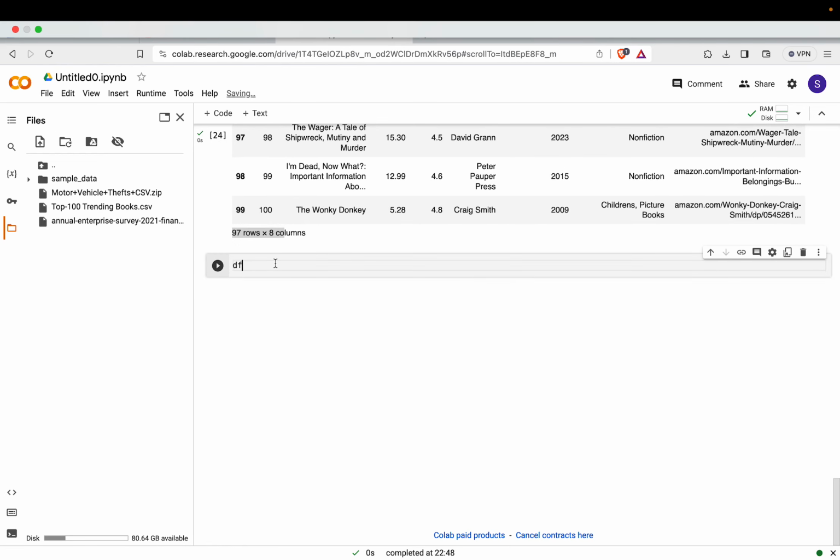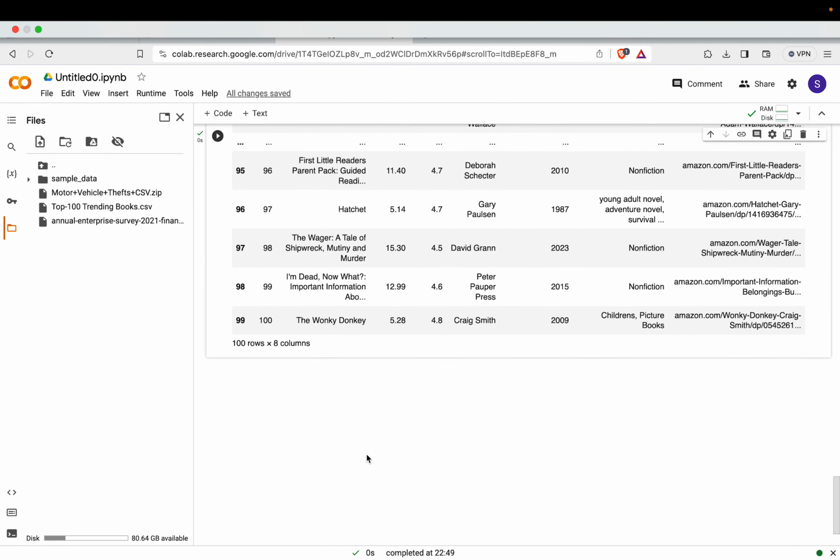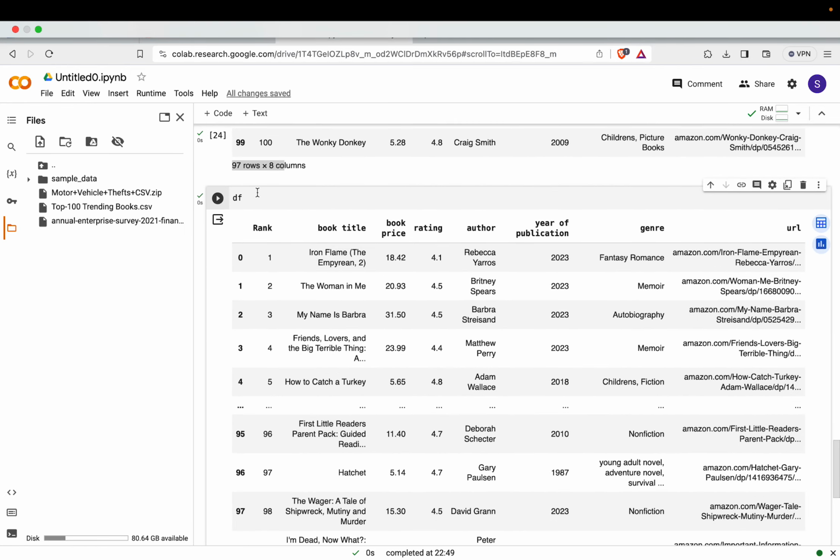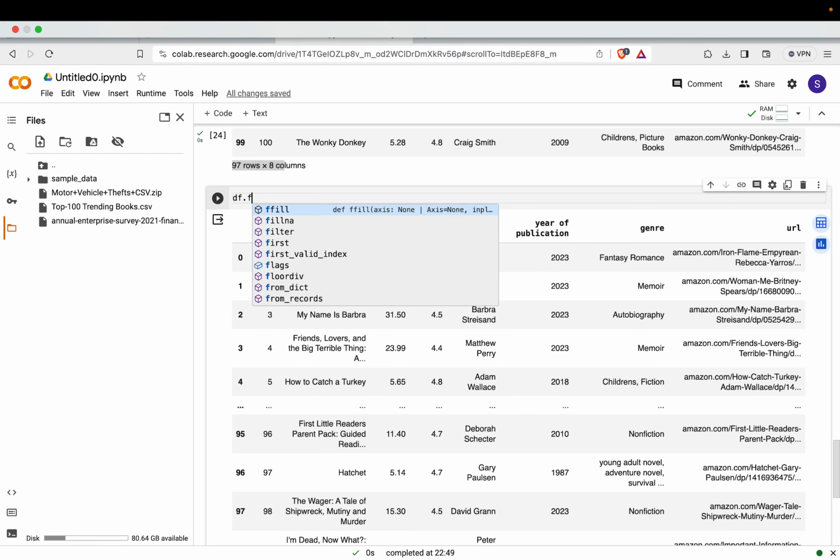Now when I run this df again, 100 records will show. Now I want to fill all those empty places with some random value, 0 or 1. So when I want to fill empty places, that means null values, with some random value, or let's say the mean or the median of a value, anything,